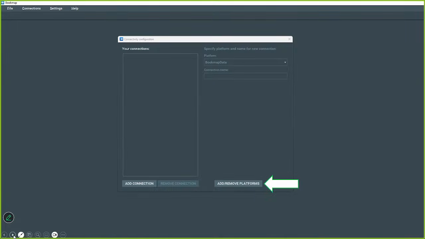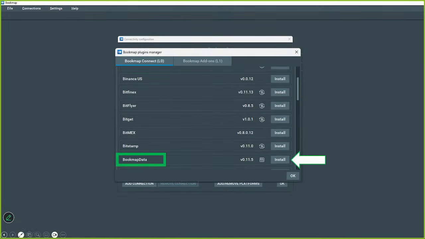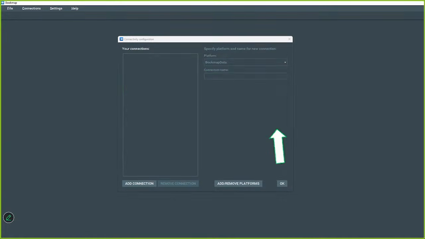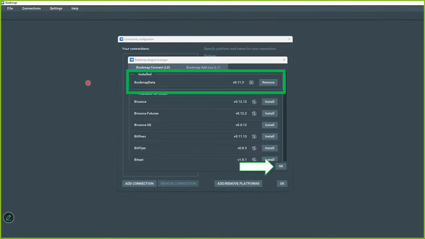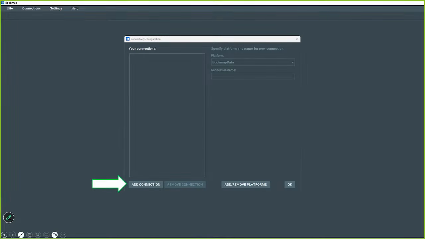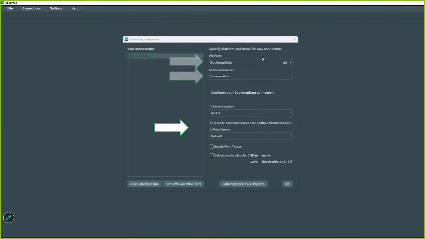I'm going to go ahead and add in my Bookmap plugin real quick. I have to scroll down and find it. I'm going to hit OK, and then install. And then here we are, our Bookmap plugin is set. This is setting up my Bookmap data. I hit OK, and now I'm going to create this connection. You can create a lot of different connections in here. I'm going to add this as a connection. It just takes whatever I have up here and creates it as a connection. So now I have my Bookmap data.